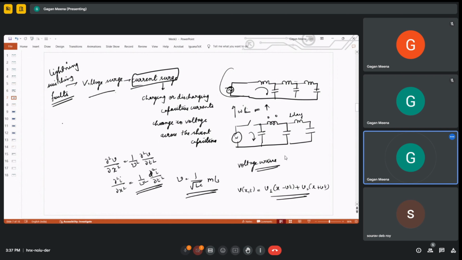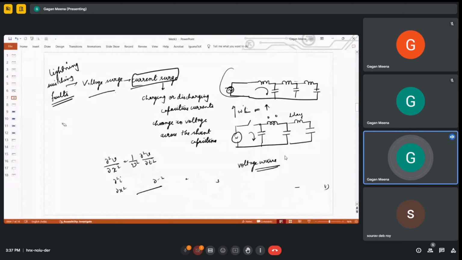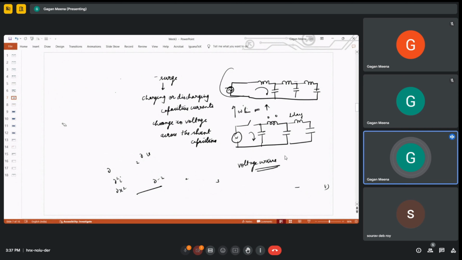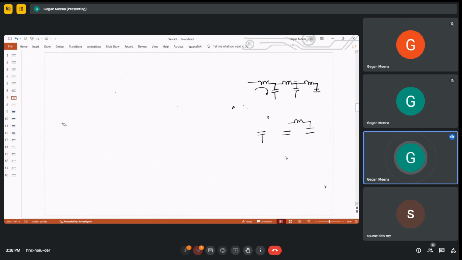So finally we see that the voltage and current traveling on this transmission line are like traveling waves, and they are composed of two components. One is forward moving, one is backward moving. The voltage and current at any point of this transmission line will be a sum of these two components, forward and backward. So V will be V forward plus V backward, and I is equal to